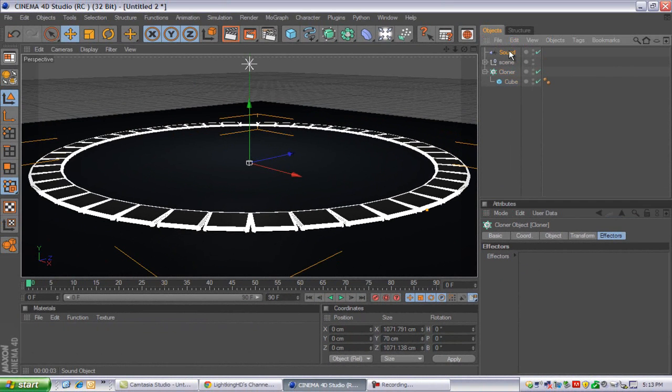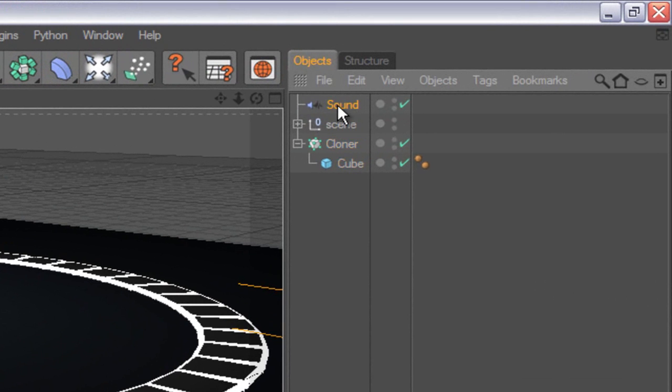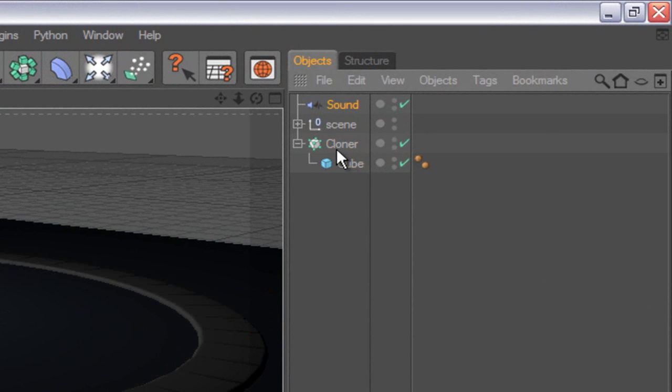Just go over it, click on it, hold down, do not let go, and drag into effectors. And now if you look under the effectors tab, the sound is in there and it's check marked. If you do not have this, then you did something wrong. Now what you want to do, if you go back to sound, it'll automatically change it in the cloner because